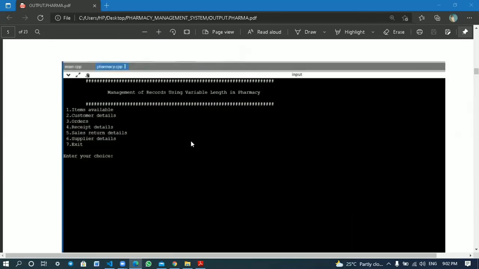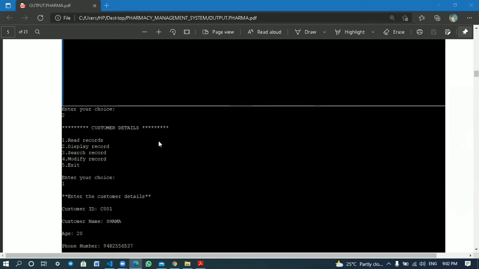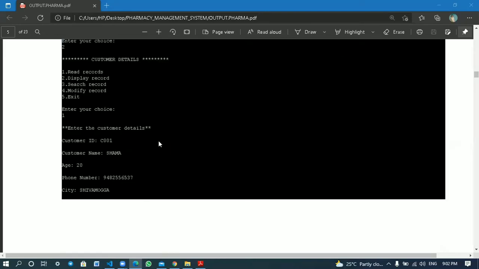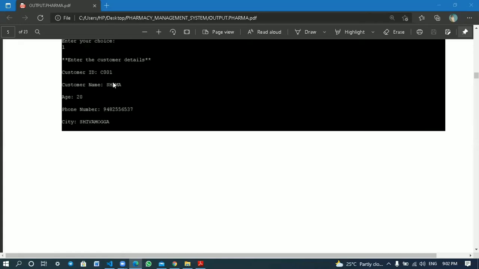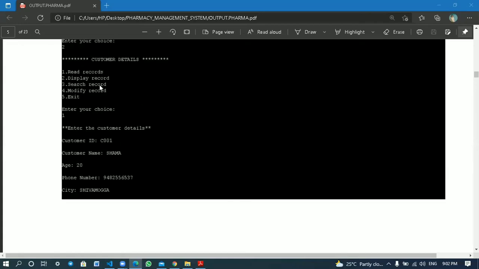Now if the user enters the choice as 2 in the outer switch case, that is for customer details, in the customer details again the user can read, display, search, modify and exit from the class. If the user enters the choice as 1, that is to read the record, he will be asked to enter the customer details which contain customer ID, customer name, age, phone number and city.